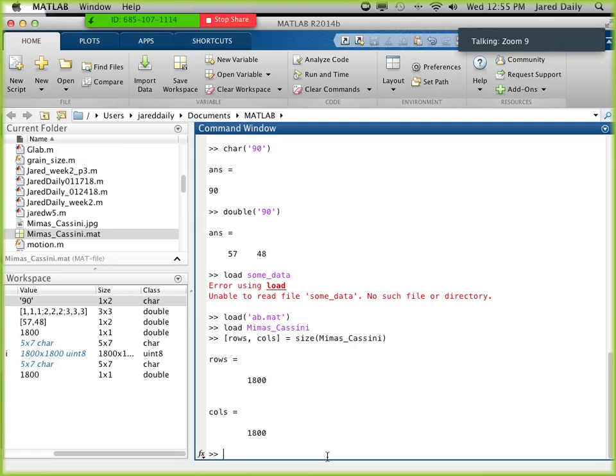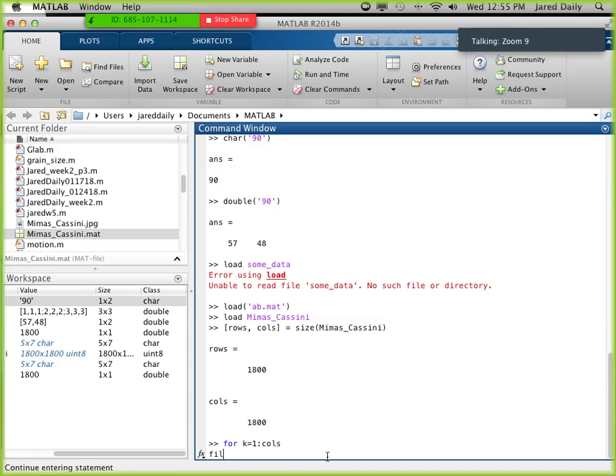And then we're going to use a for loop here. So we're going to use k as our index. k equals 1 to number of cols, right? And I'm going to do a file name. Underscore file name is going to equal